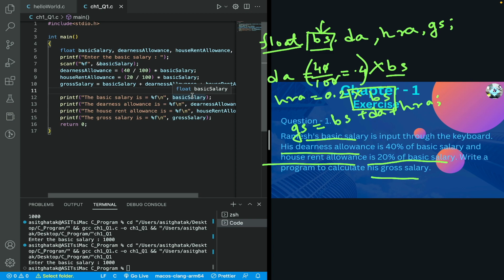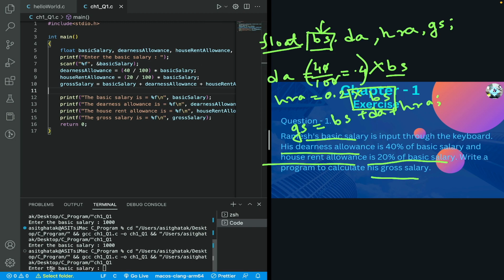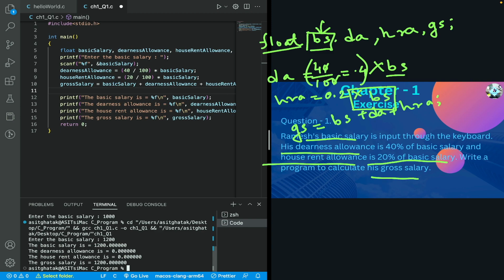First of all, save this program and then run it. Okay, so enter the basic salary. So I am click here, then enter. I am entering basic salary as 1200. Okay, so enter. The basic salary is 1200. The dearness allowance is,